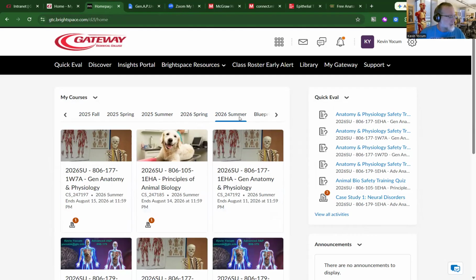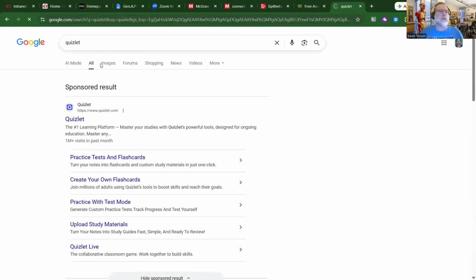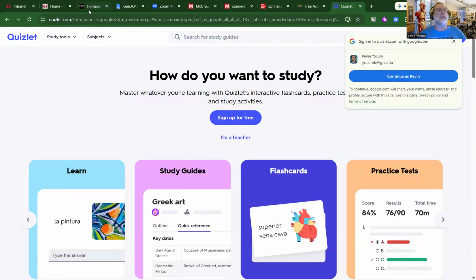All right. That's pretty much it. Oh, I also wanted to mention some of you are probably aware of Quizlet. This is another great tool to use. You can create your own note cards, log in with your gateway email. There's some awesome stuff in there for you to look at. And then lastly,